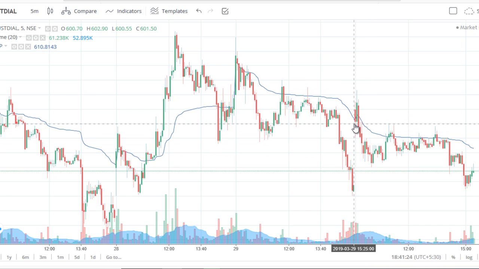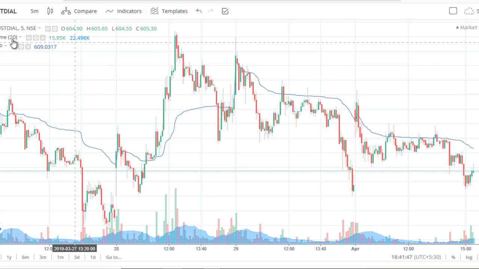This is the first 5-minute candle, and the next 5-minute candle, and this is the third 5-minute candle. So these three candles are indicating that this gap is going to be closed. And further, if you see the support and resistance levels for this particular stock,